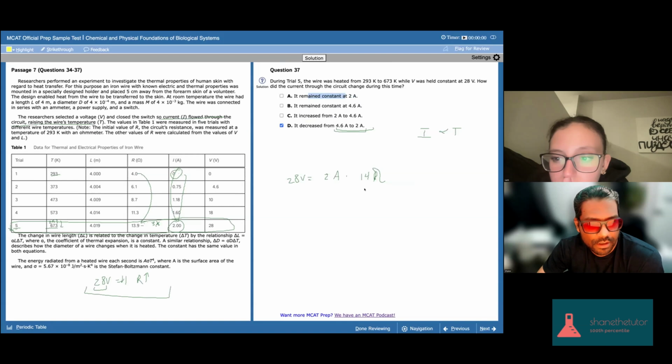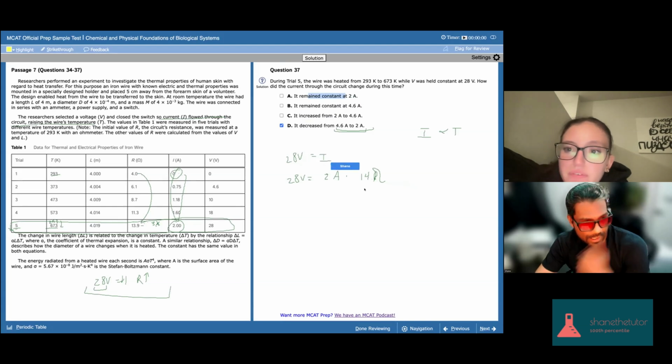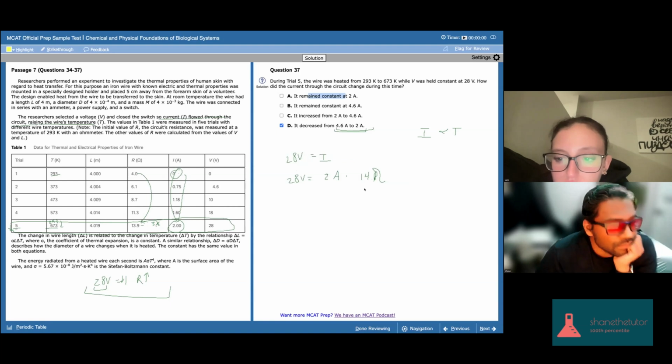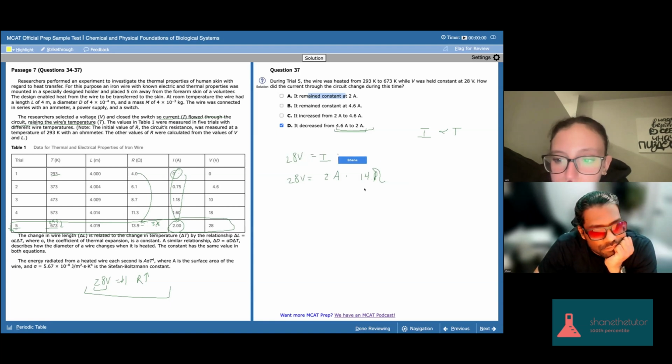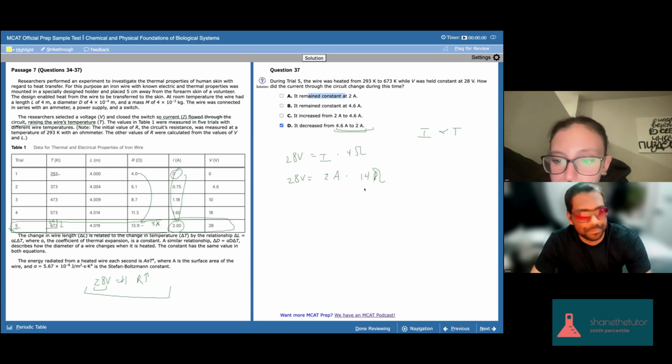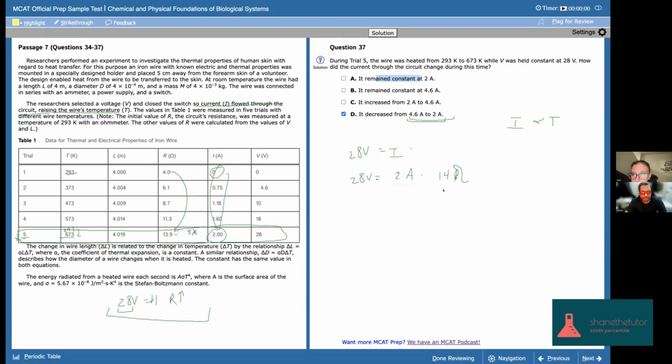Okay, so let's just try this. This is equal to this times maybe 4 ohms. That doesn't work. Let's see. All right, so resistance, or rather,